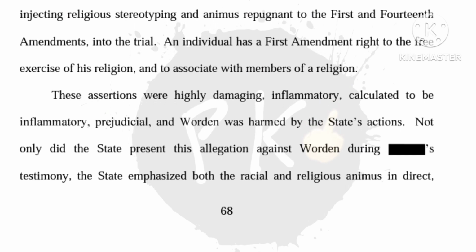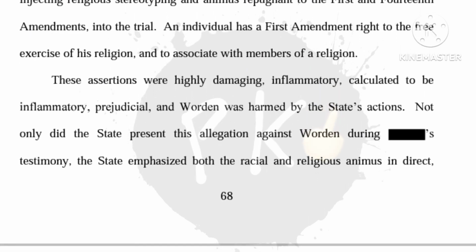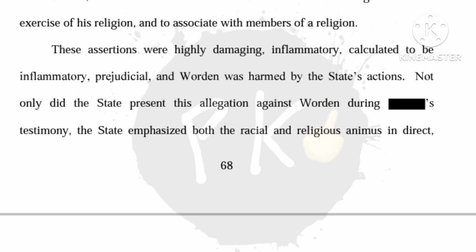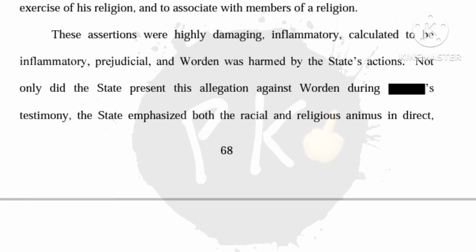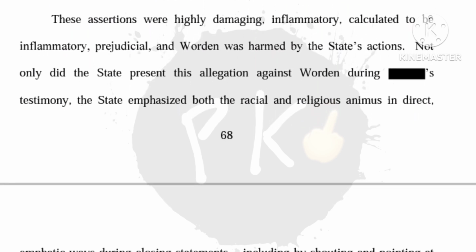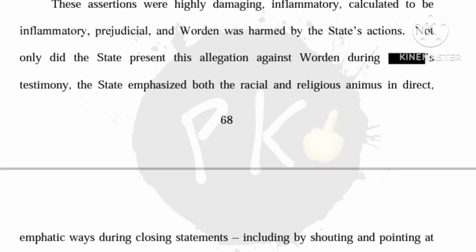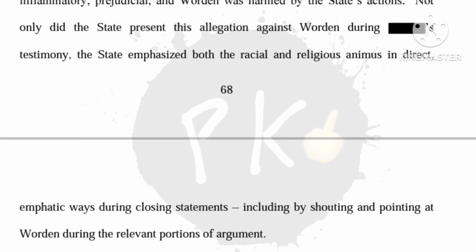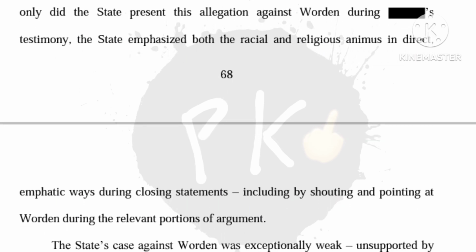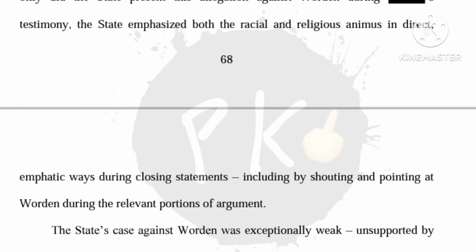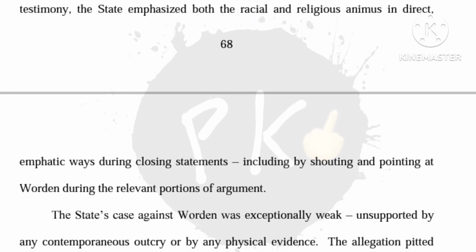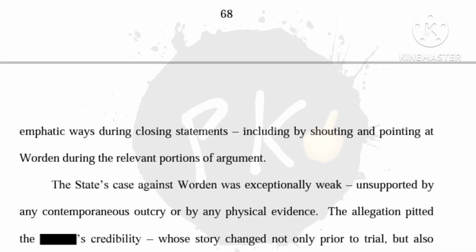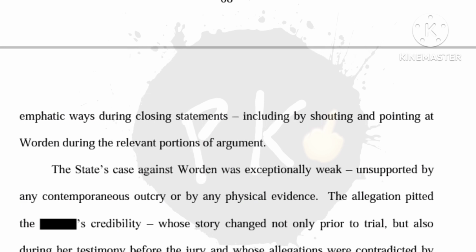These assertions were highly damaging, inflammatory, calculated to be inflammatory, prejudicial, and Worden was harmed by the state's actions. Not only did the state present the allegation against Worden during BW's testimony, the state emphasised both the racial and religious animus in direct, emphatic ways during closing statements, including by shouting and pointing at Worden during the relevant portion of the argument. The state's case against Worden was exceptionally weak, unsupported by any contemporaneous outcry or by any physical